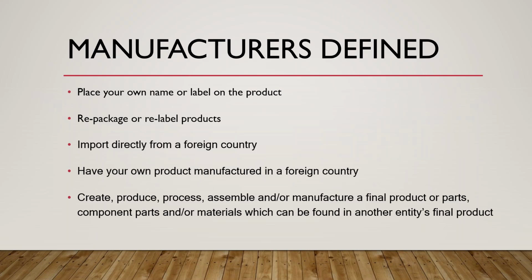So today we'll be talking about manufacturers. So first off, let's define what a manufacturer is. They place their own name or label on a product. They may alter the product by repackaging or relabeling the product. They may import a product from a foreign country. They may have their own product made in a foreign country. They also may create, produce, assemble, or make a final product or part that can be found in another entity's